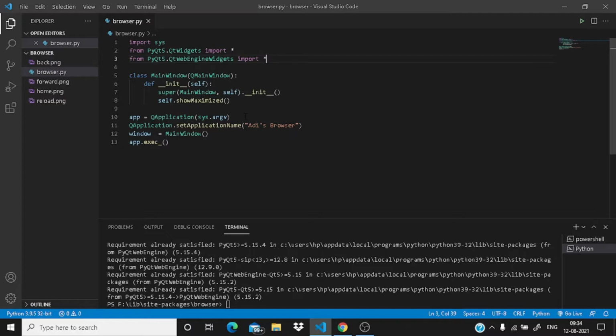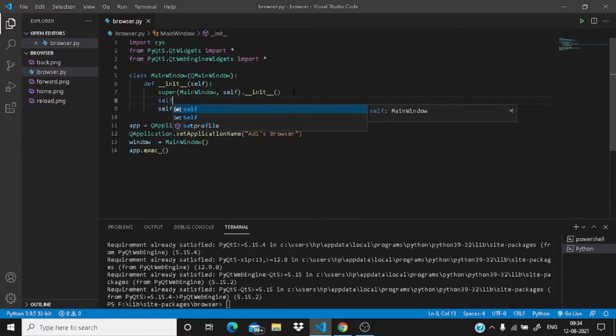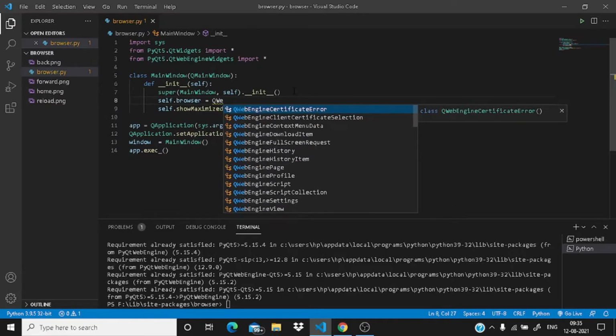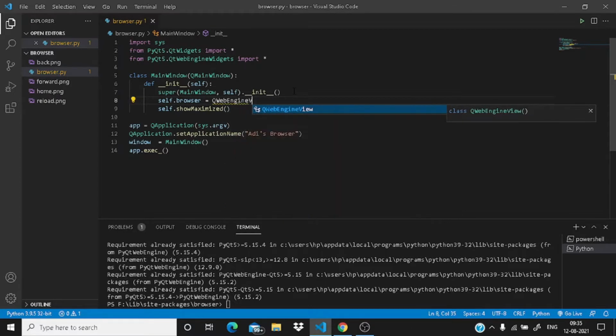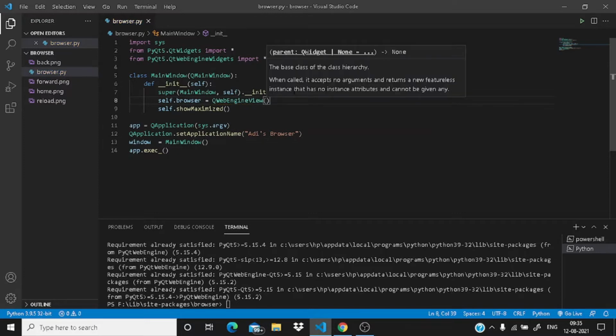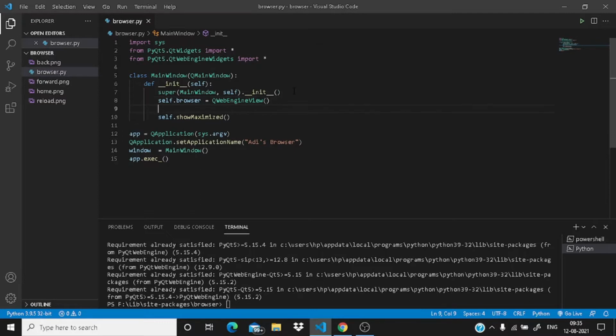We have imported our QWebEngineWidgets, and now we need to write here self.browser equals to QWebEngineView, and just write here a parenthesis. QWebEngineView is used to display some web content. We are going to display Google. So to display our Google, you need to write here self.browser